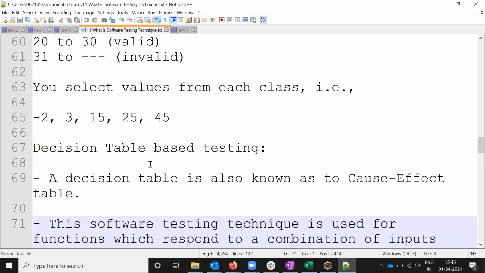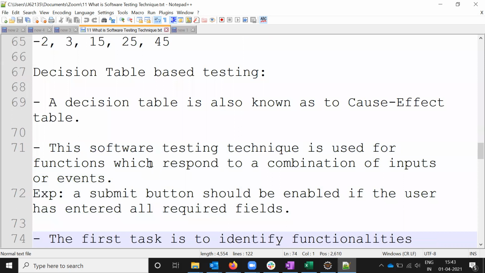A decision table is an important one also. This is one more technique, where we can work in a faster way. Decision tables are also called cause-effect tables. It is a software testing technique used for functionality which responds to a combination of inputs or events.